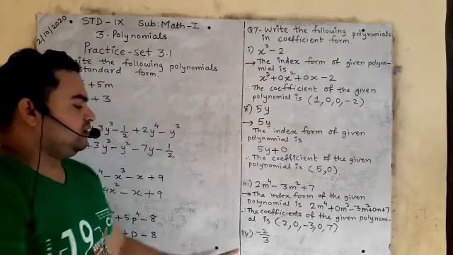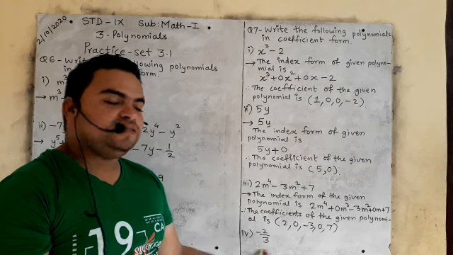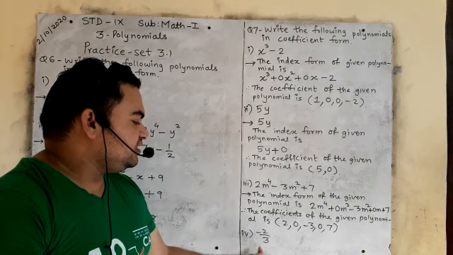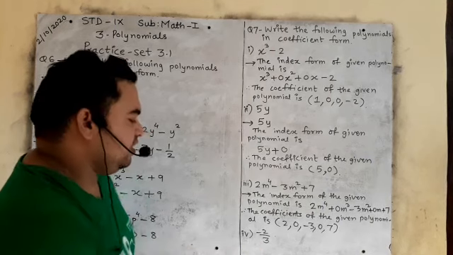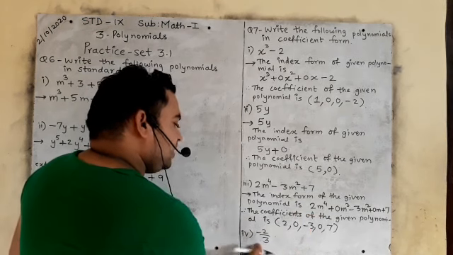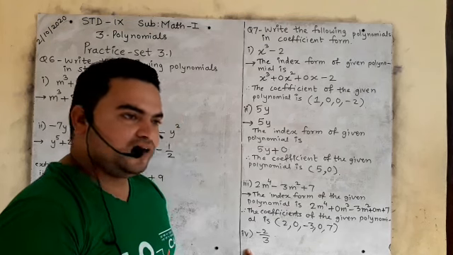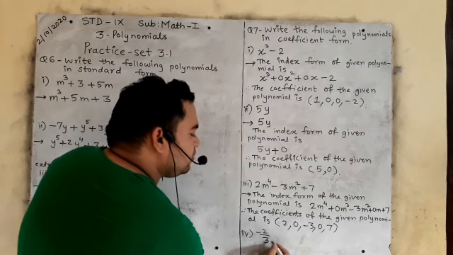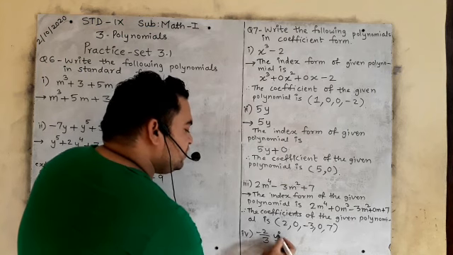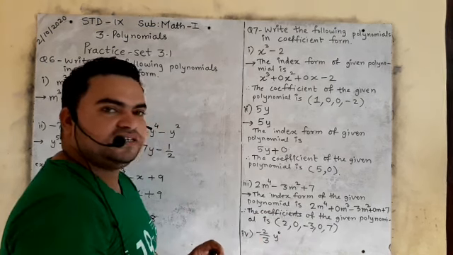Now see the fourth one. The fourth one will be homework. It is very easy because here no variable is used. It means it is directly x raised to 0. It means the coefficient of this is minus 2 upon 3 only. First you will write the coefficient of the given polynomial is minus 2 upon 3 only. Is it clear? So this is your homework. You will do it on your own. Why? Because it is minus 2 upon 3 and here no variable is used. It means here the variable is of 0 degree. So it is directly the constant term.